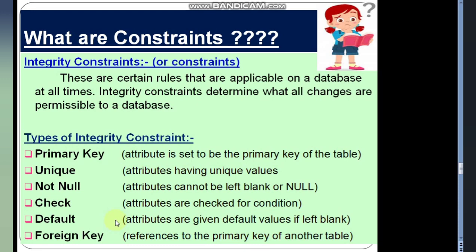Let us consider a table with admission number, name, marks, stream. Now suppose you have given a default value arts to this stream field and you are entering records.